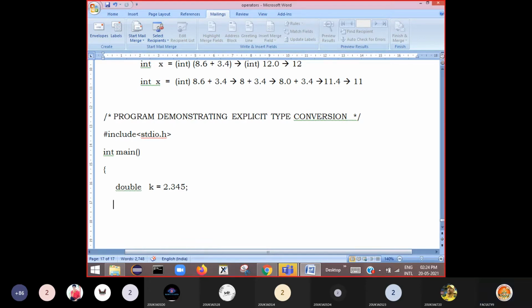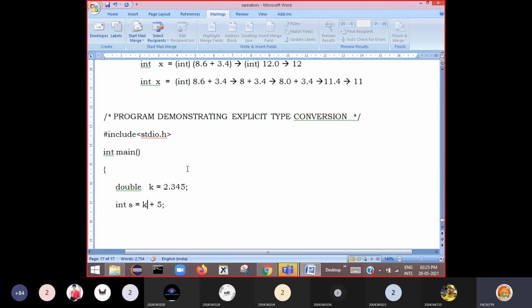Then I would like to store this in some variable. So I am declaring an integer variable, instead of sum, just say s. So s I am initializing directly here. s is equal to k plus 5 I want to perform here.